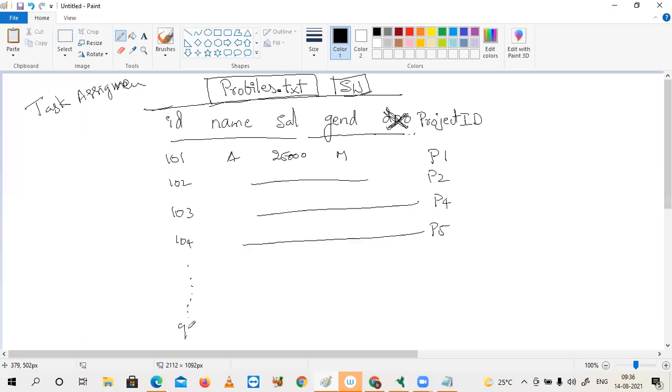I want to make it a little complex. P3. The unique projects are P1, P2, P3, P4, P5.